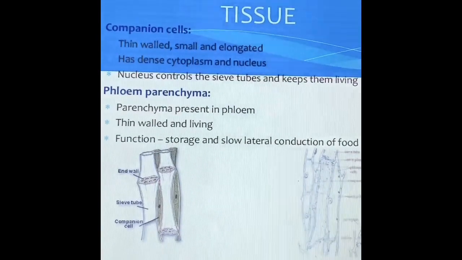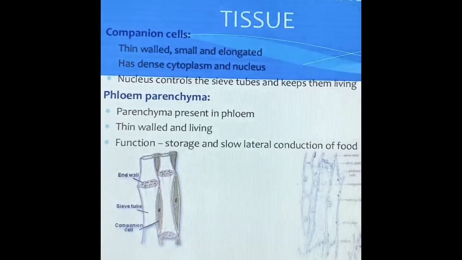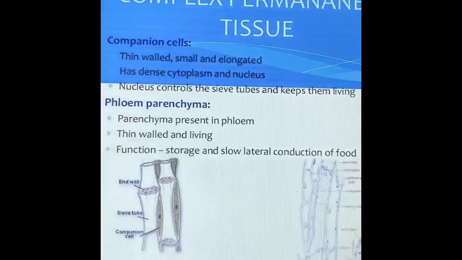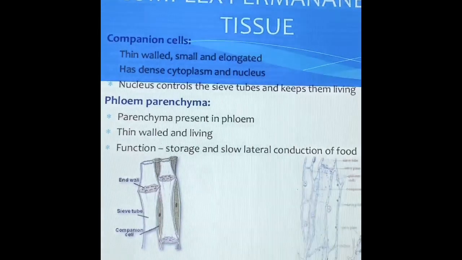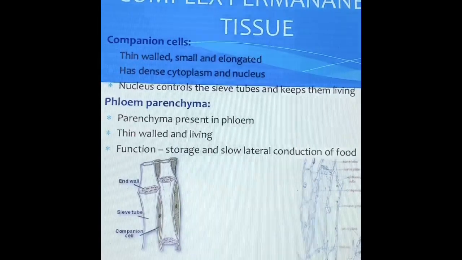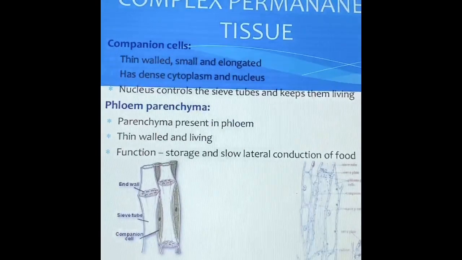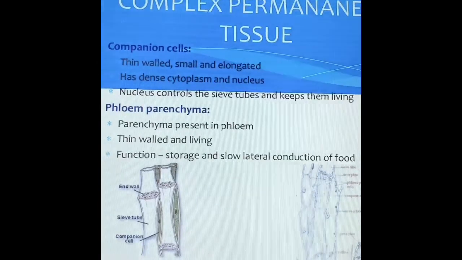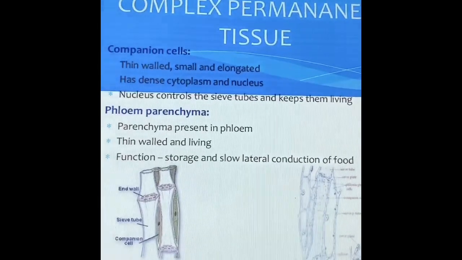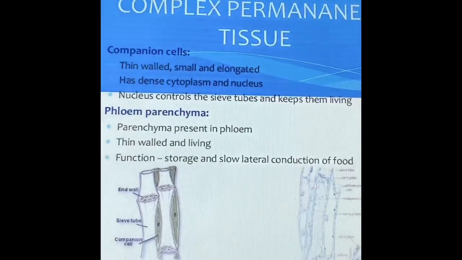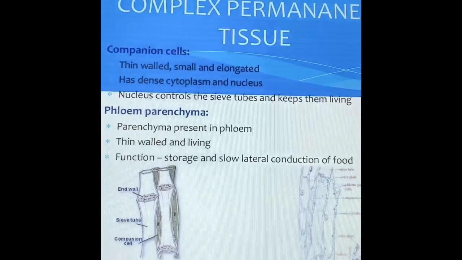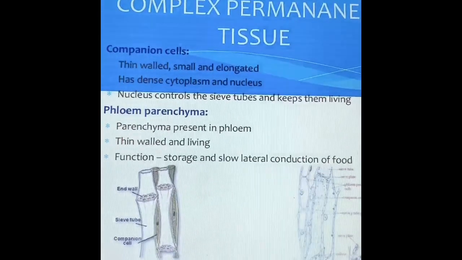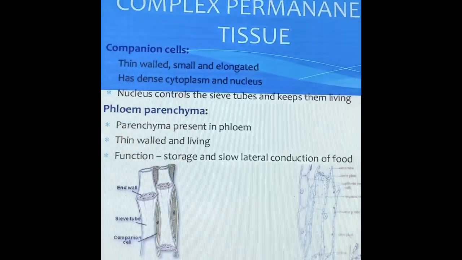Now we will discuss about the companion cells. They are thin-walled cells which lie on the side of the sieve tube, in the previous picture I showed you all. The companion cells are connected to the sieve tube through compound plasmodesmata. Now this is a connection between the two cells. You don't have to know much about it, but do remember companion cells are associated with the sieve tube cells. The nucleus of the companion cell controls the sieve tube because the sieve tube does not have its own. It loses its own nucleus.